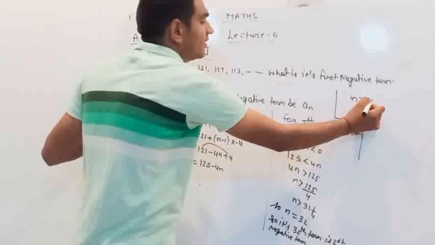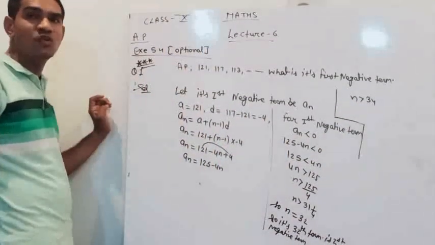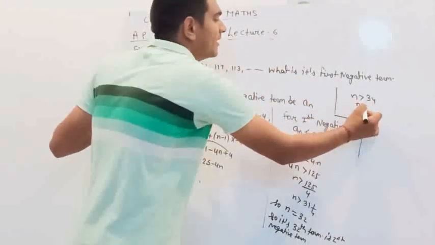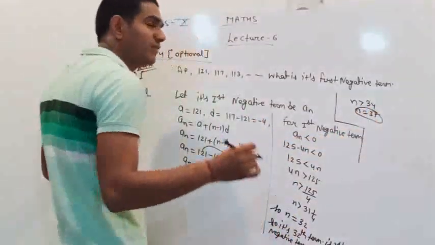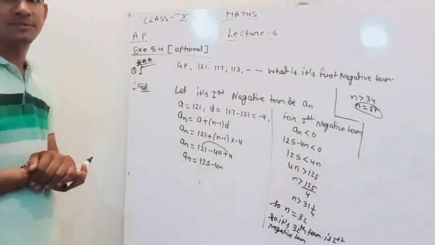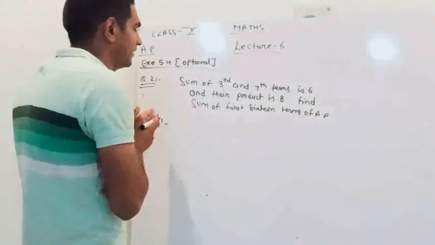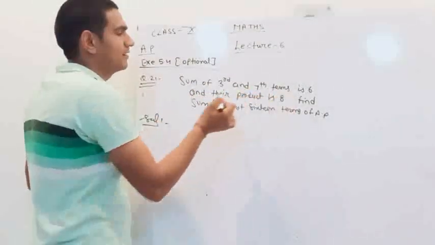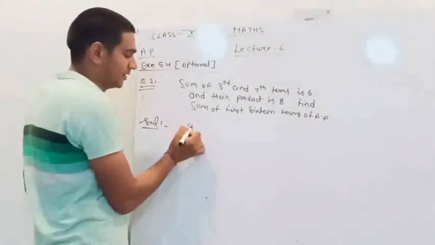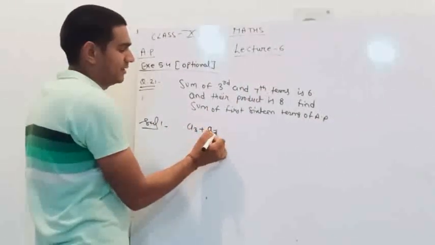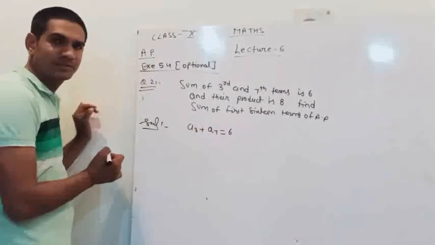n greater than 34. So what is the possible value of n? Here we will take n is equals to 35 because we will take just greater whole number. Understand? Now next question. Next question number second. Sum of third and seventh term is 61. So sum of third term is a3, seventh term is a7, is equals to 6